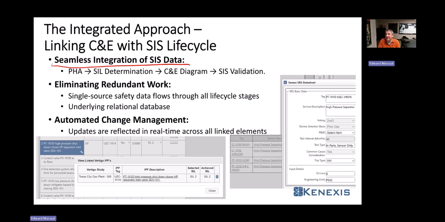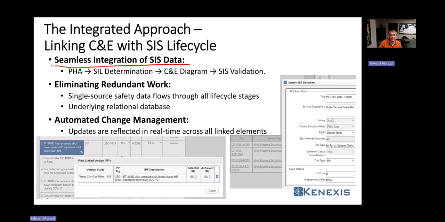I want that to cascade to my SIL verification. I want that to cascade to my cause and effect diagram, and then even my validation process, all without me